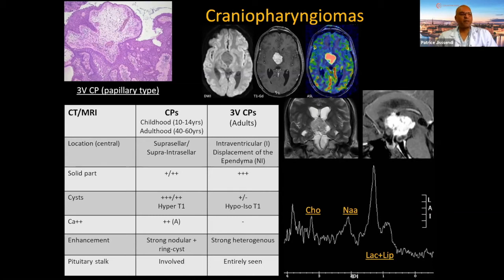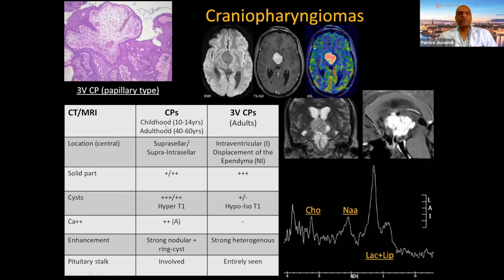And craniopharyngiomas are thought to arise from neoplastic or metaplastic transformation of ectopic embryonic remnants of either the craniopharyngeal duct or Rathke's pouch. And you have on this table a differentiation between craniopharyngiomas in general that are found in